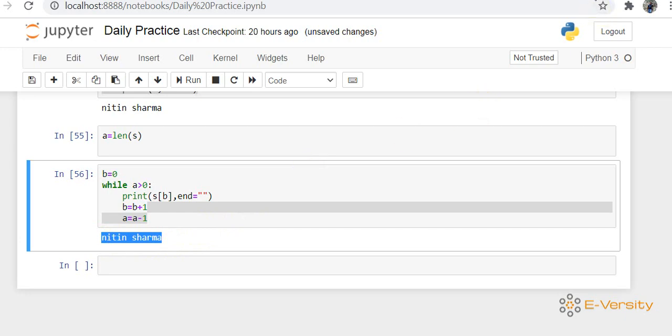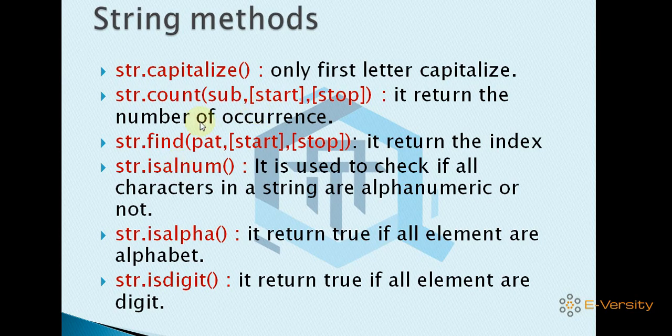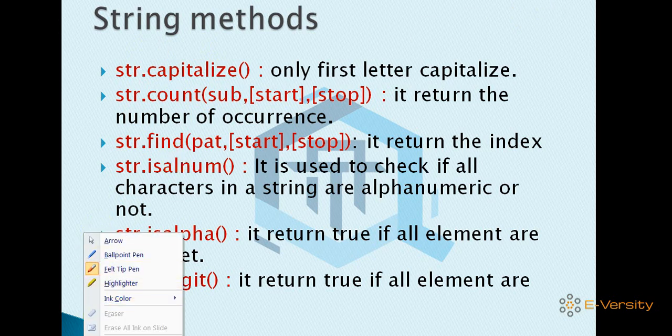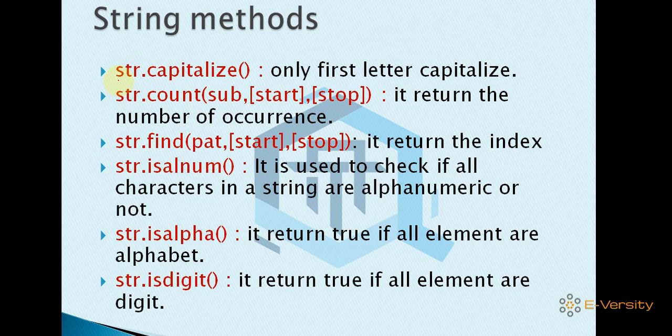Okay, fine. These are the functions. String has some functions, which we can discuss one by one. The first method is str dot capitalize. What is str? Basically str is a string. Suppose I am creating s is equal to varsity, where the first letter e is small, so I can write s dot capitalize.